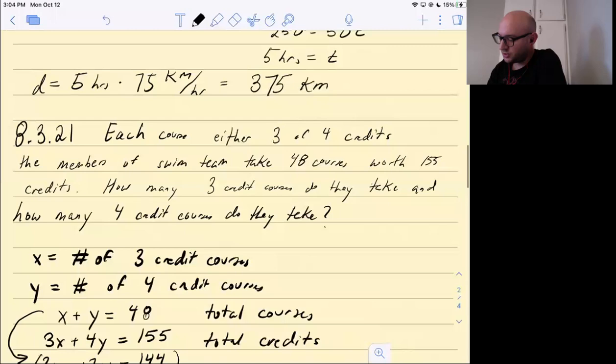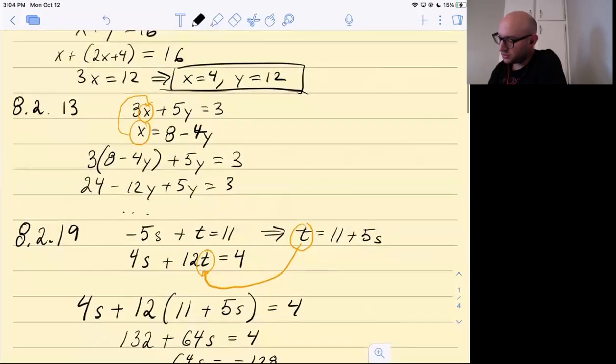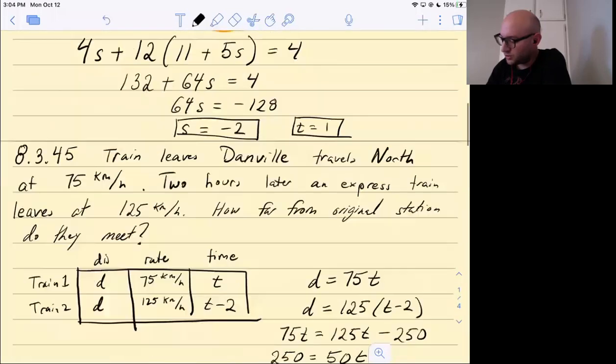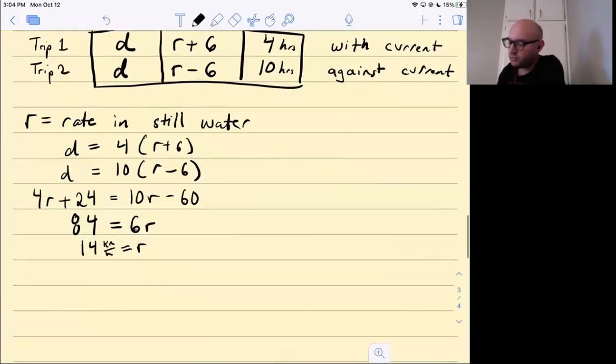I want to move on to number 77, I believe. We just did 21. Let's look at 40, we just did 47, and let's look at 77. And then Archer also asks, okay, so one student asked here, how do I form these equations? Which equations? Are you talking about these two equations?